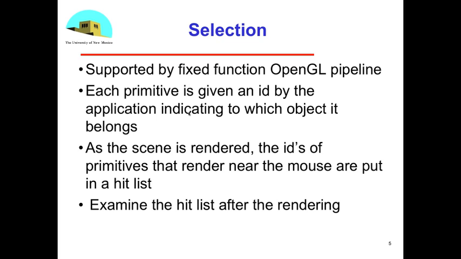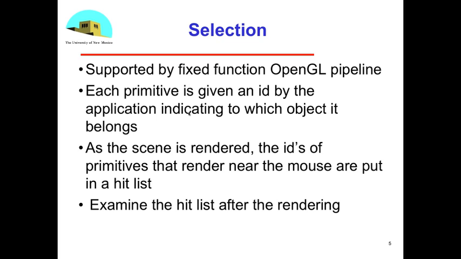But what I could do is assign to each primitive some sort of identifier, even if it's as simple as giving it an integer, 1 for the first object, 2 for the second, and so on. So I can indicate for each primitive which object it belongs to. And if I build that structure up before I start rendering,